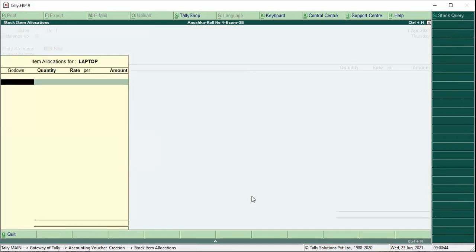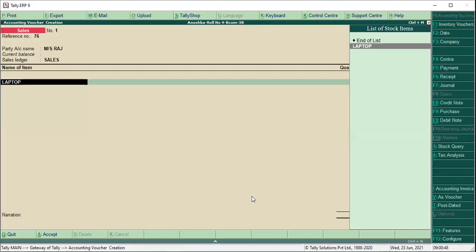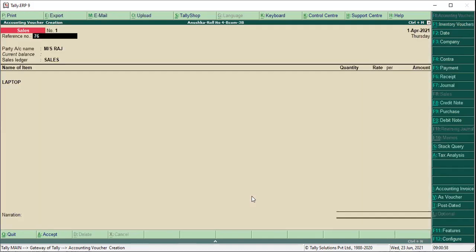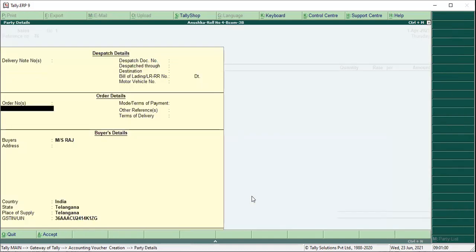Control A. Again you will get a godown, and you have to disable that godown. If you have multiple godowns, you have to disable it. Control A.